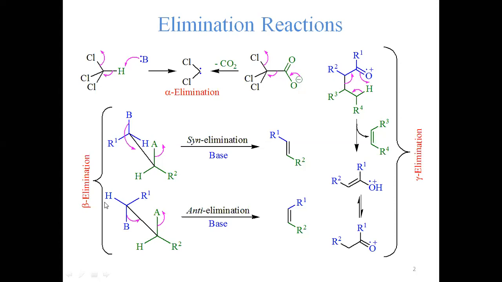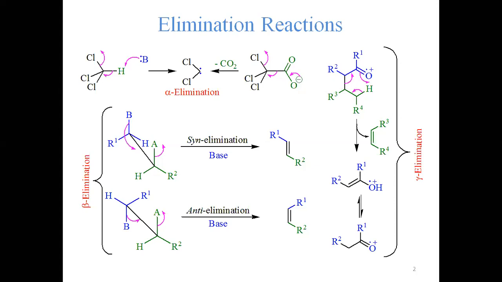All right. So this one I have presented is called syn elimination. You shall see it just later. If two leaving groups are eclipsing each other, meaning they are leaving at a 0 degree angle to each other, because you see these two bonds are syn to each other. This is a Sawhorse projection in which this bond and this bond are eclipsing each other perfectly. So when the two leaving groups are at 0 degrees to each other, this is called syn elimination. Very similar to what you have already come across when two adding groups add at 0 degrees to each other, that is a syn addition. Very similar is syn elimination.